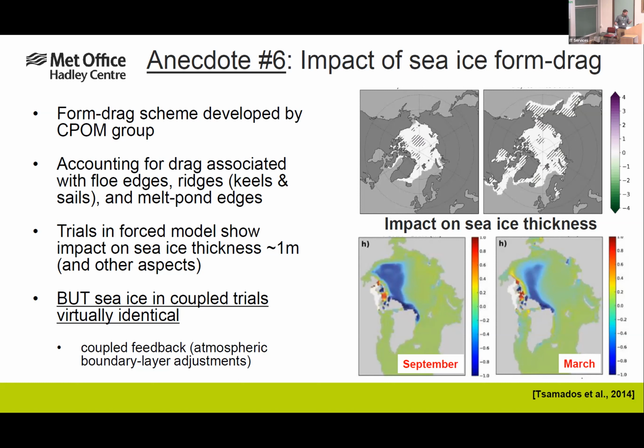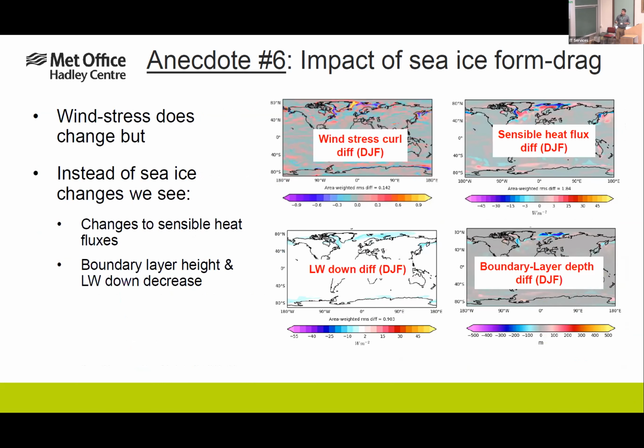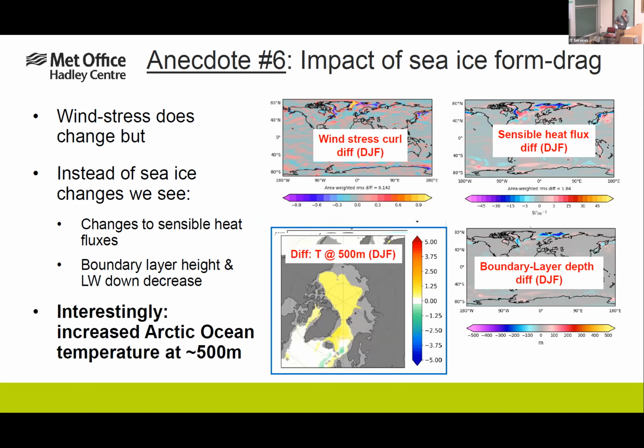A couple of feedbacks. So the boundary layer adjusts, and so the sea ice doesn't see the change really, but we do see it elsewhere. So the wind stress curl is very different. Straight off the bat, we expect to see that. Sensible heat flux is different. We do get a decrease in the boundary layer depth in the atmosphere, and therefore less longwave down forcing. And rather interestingly, it needs further looking at, quite a large impact in 500 meter ocean temperature,